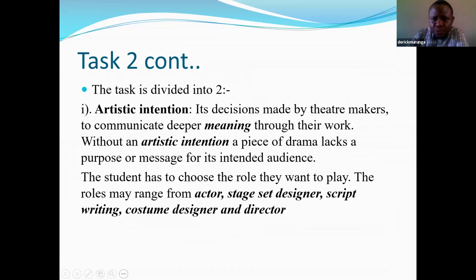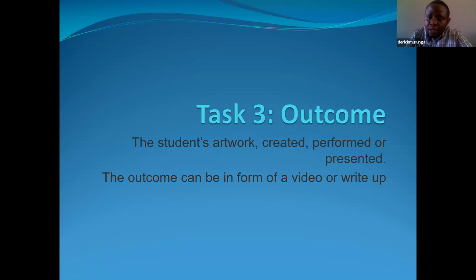And then each and every student is going to be marked on the strength of the role they have chosen. Then after the recording and everything, the artistic intention will be marked based on the process journal. They will be marked side by side. After they finish that, they are supposed to look at the actual performance. The artistic intention is like a director's journal for the performers, for the students who are performing. So if a student is performing a monologue, he's supposed to perform the monologue based on the artistic intention they have written. If a student is going to take the role of a director, he's supposed to show how he or she was able to use the directorial concepts to bring out the actual performance of their group